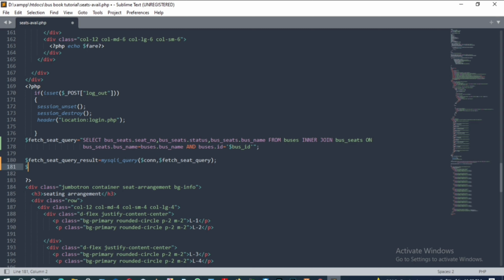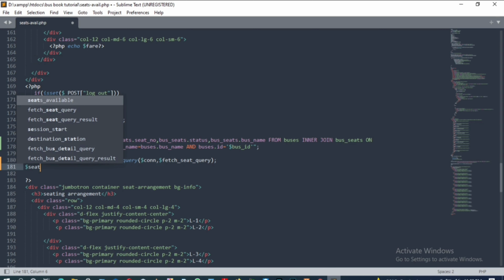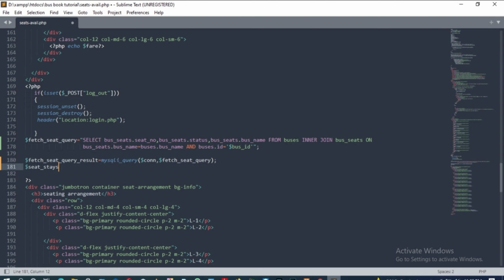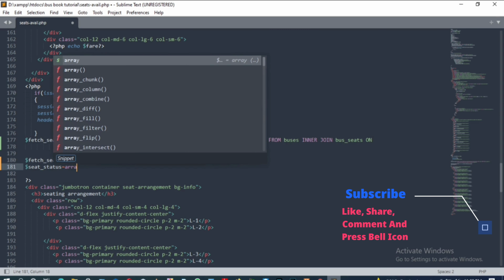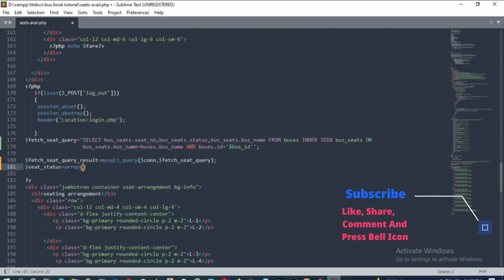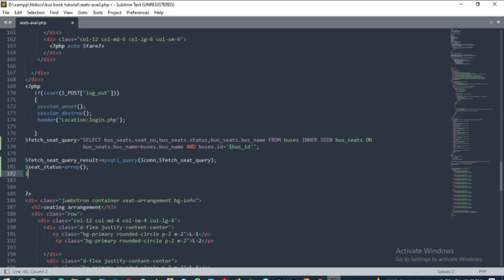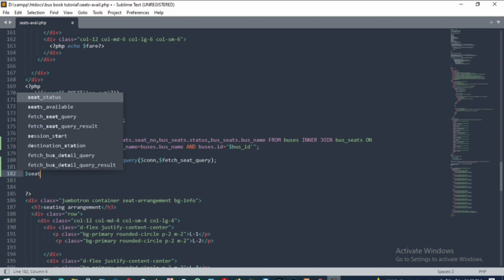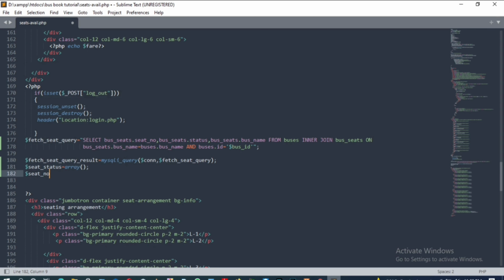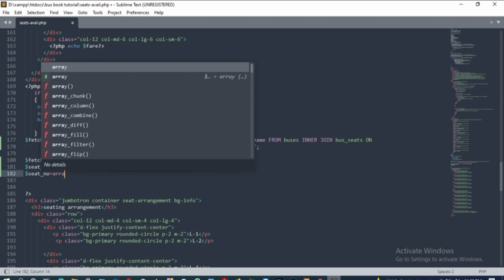Now take one variable called seat status, and that will act as an array, and another variable will be seat number, that will also act as an array.